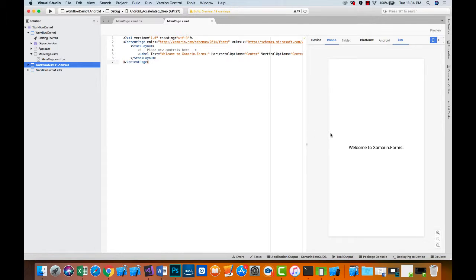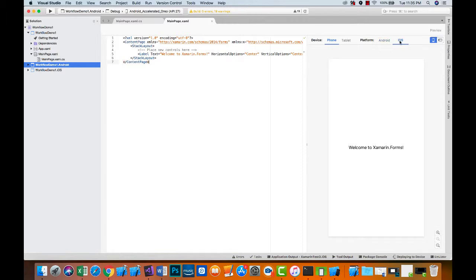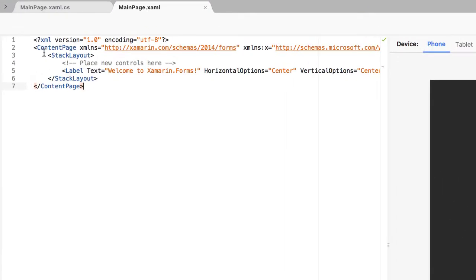But notice that now we are seeing the preview so that NuGet package is in place and the previewer is now working. And I could view this either for iOS or I could also view what it would look like on Android. Go back to our iOS. Even though we're working in the Android as our default, maybe I should show Android then. Our interface is